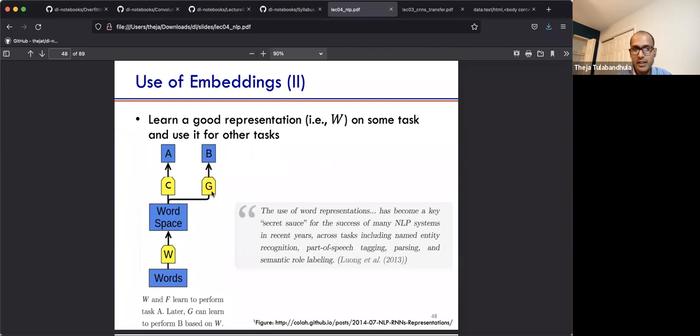Yeah, so some model G can use the same word representations to accomplish task B. About a decade ago, 9 years ago, there was a quote which says that the use of word representations has become a key secret sauce for success in NLP systems. And all the examples that we saw at the beginning of this lecture, like even including,